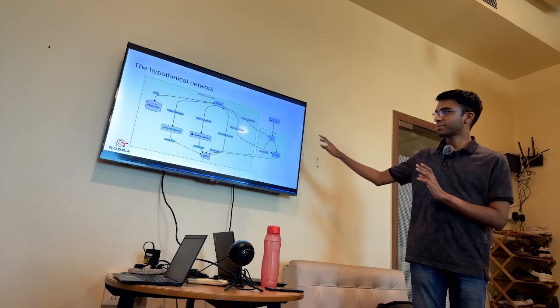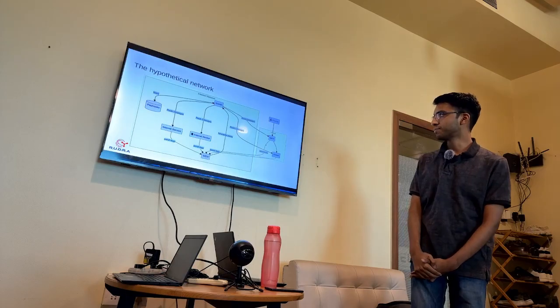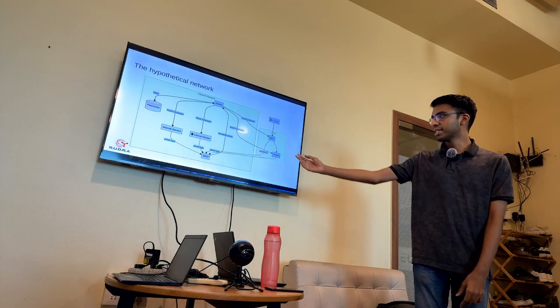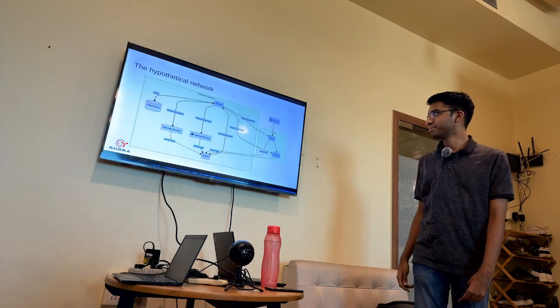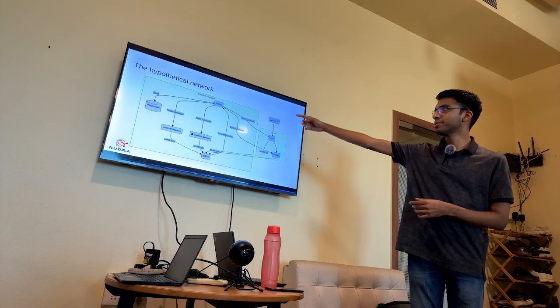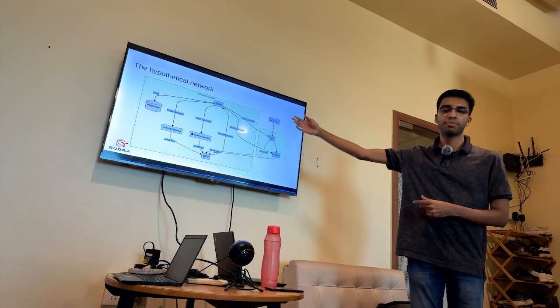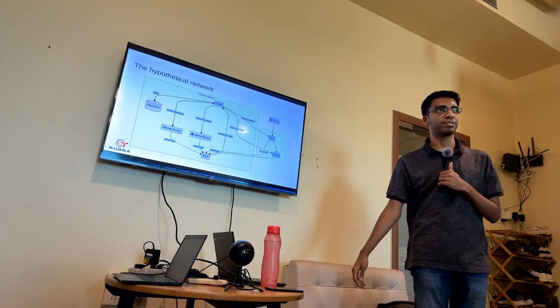This is typically how most networks, most companies, most organizations will have this sort of layout. And SIEM is a security incident and event monitoring tool. It collects all the logs. It will send the logs to the SOAR. The SOAR will, on the basis of the logs and the playbooks, take some decision and push out the changes to your internal devices.